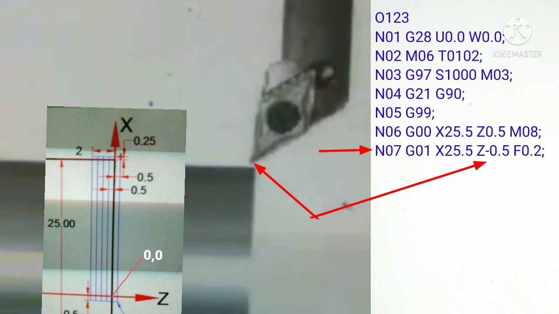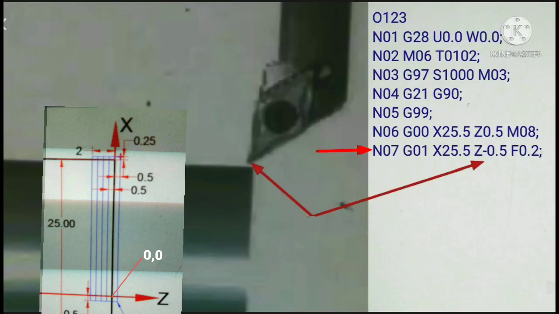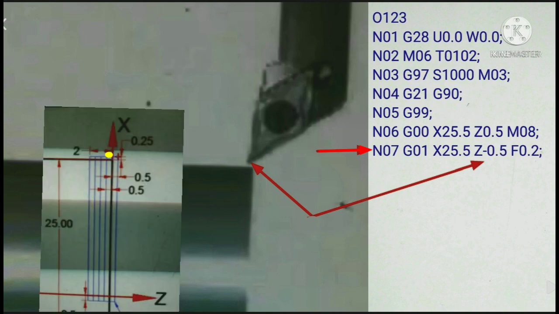For this, the cutting tool will move to this point 0.5 millimeter left of the face of the workpiece, as our depth of cut is 0.5 millimeter. Then we use F0.2, which means the feed of the cutting tool will be 0.2 millimeter per revolution, as we used G99 in sequence number N05.